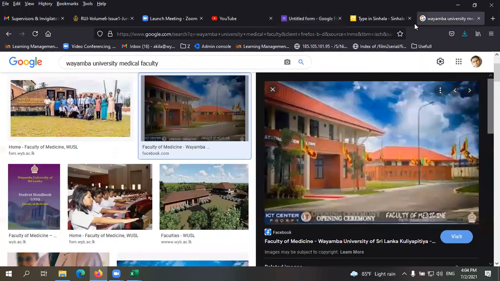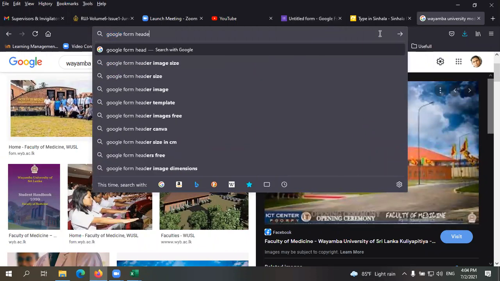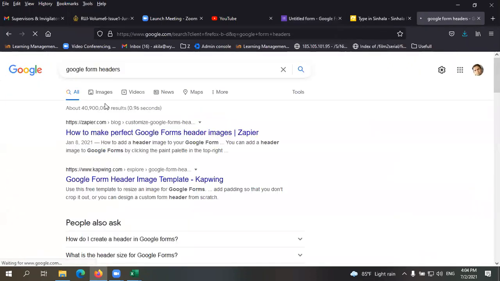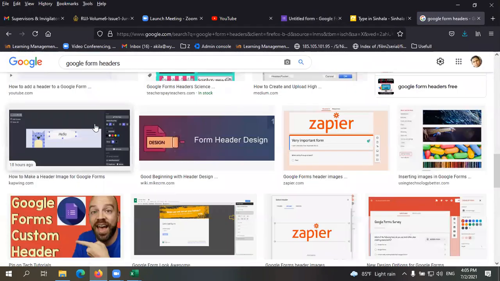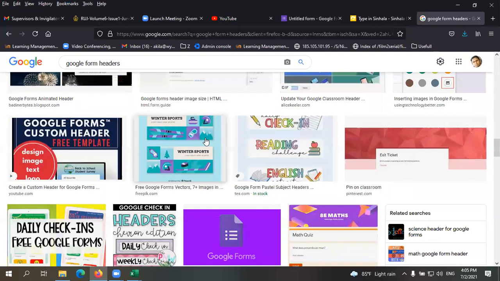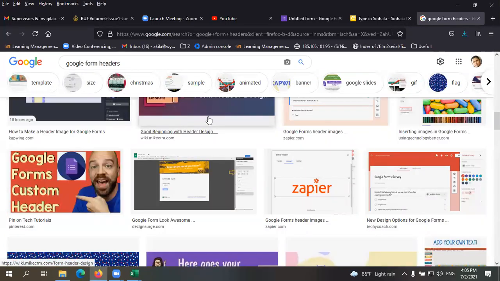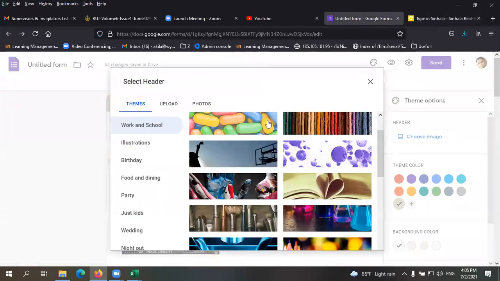So what you have to do, just search here. Then you can find images like this. And you have to download them, yes. So if we were to add our own image, we have to resize the image using some. Yes. You have to resize the image. So what you can do, you can resize the image to this